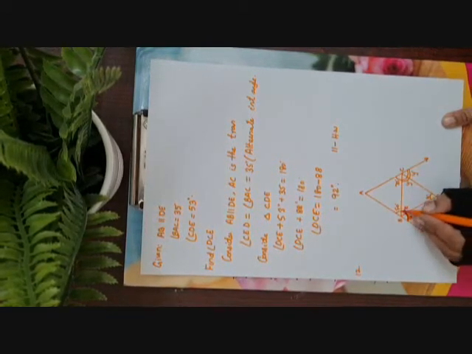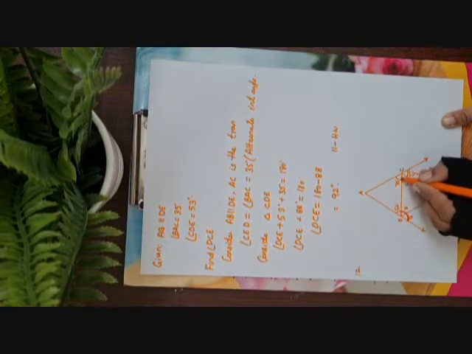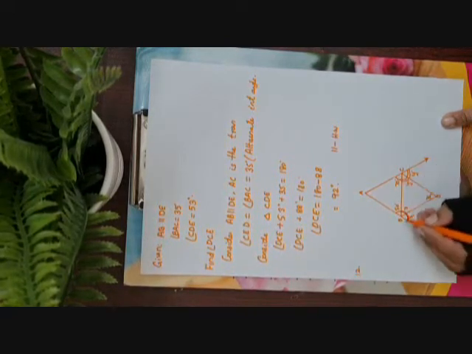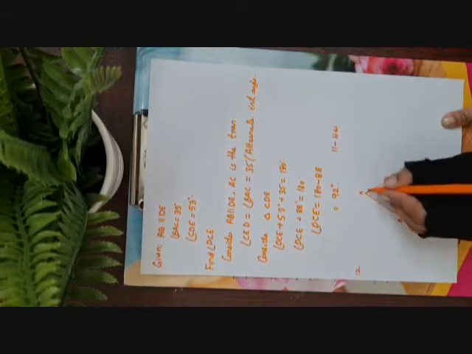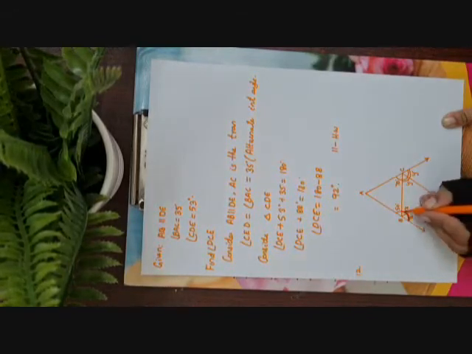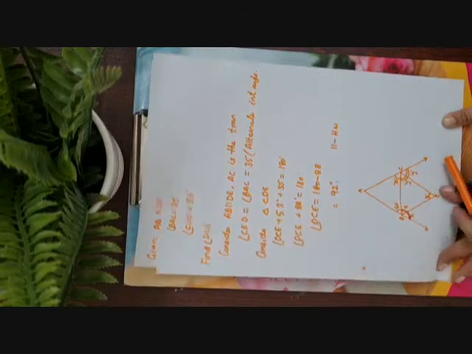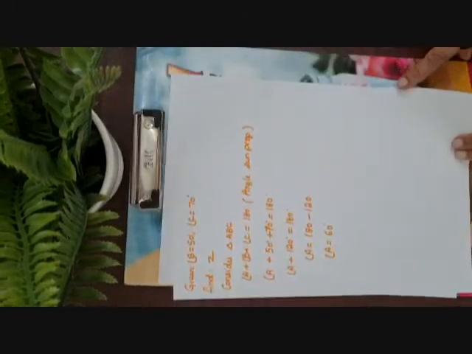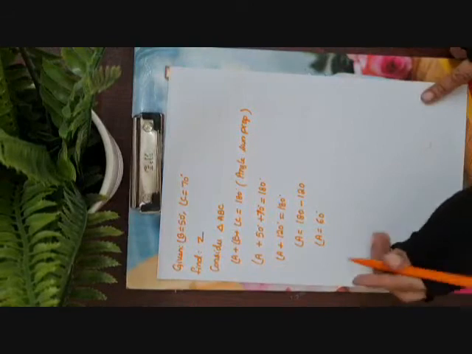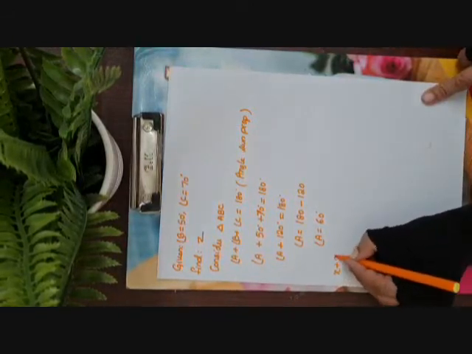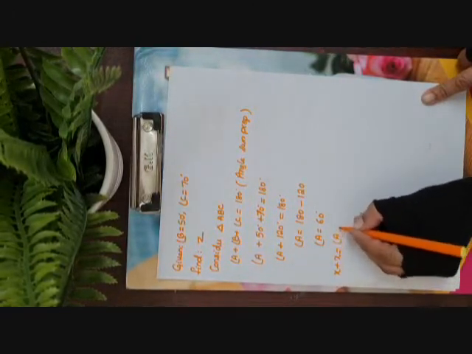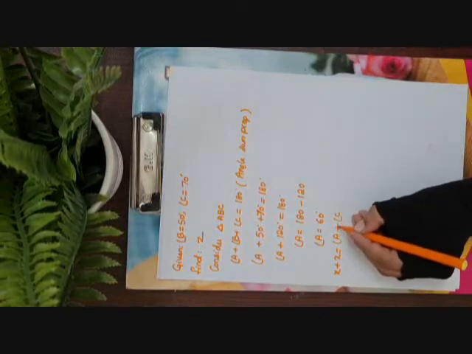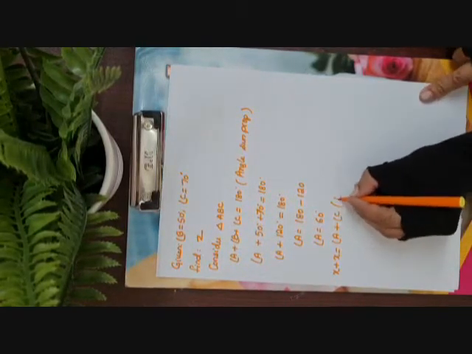So x plus x will be equal to angle A plus angle C. This is the exterior angle because we have produced AB. What is the reason? Exterior angle